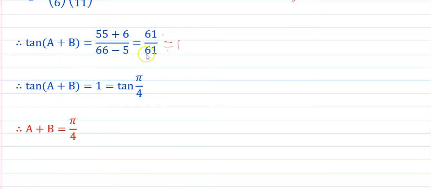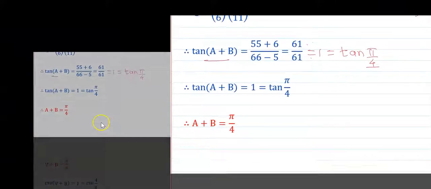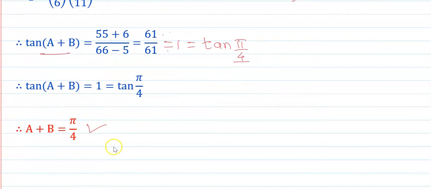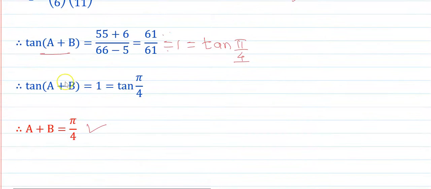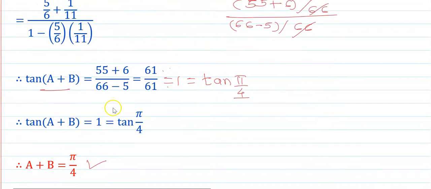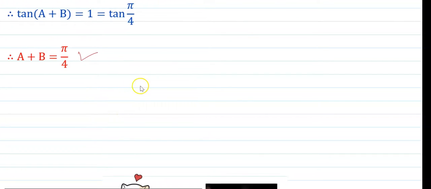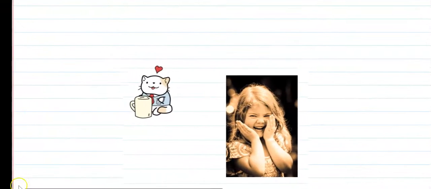That is, tan of A plus B is equal to 1. And 1 means what? That angle is nothing but pi by 4. And hence A plus B is equal to pi by 4, and hence the result. What did we have to prove? We had to show that A plus B is equal to pi by 4. What did we do? We substituted the values. You are getting 61 upon 61 is equal to 1, and this 1 is nothing but tan of pi by 4, and hence A plus B is equal to pi by 4, and hence it is a proof. And in this way we have completed this exercise